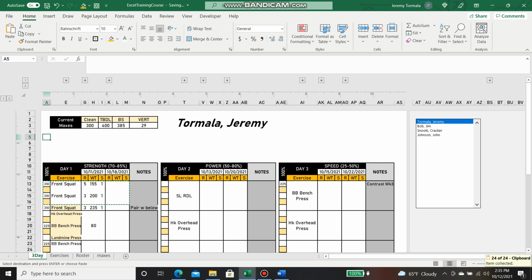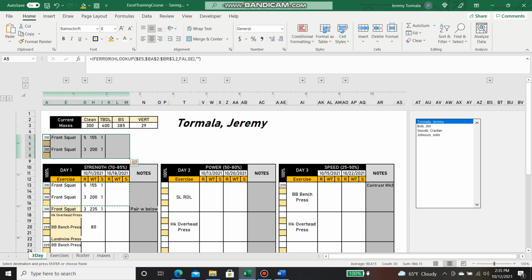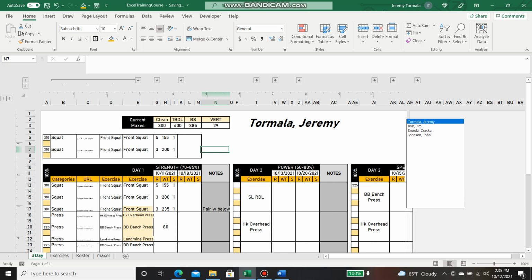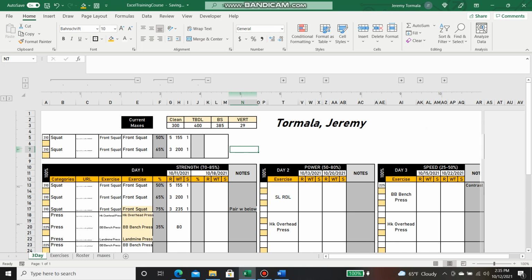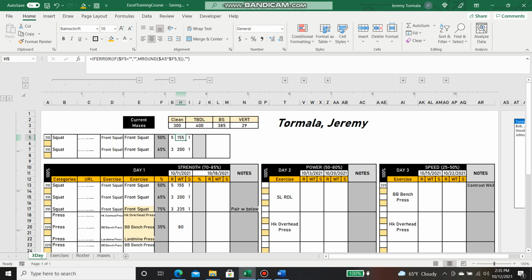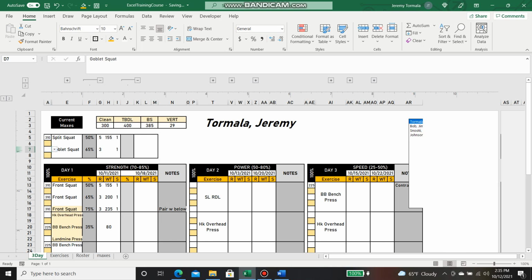So make sure we're lined right up, because now we just have to add borders. Populate, populate, populate. So we just want to make sure A5, F5, formula over here, J5, A5. So that works. So if you have any type of warm-ups or specific stuff you wanted to put in there, you could do that. Just make sure if you're going to do that, you have to add it